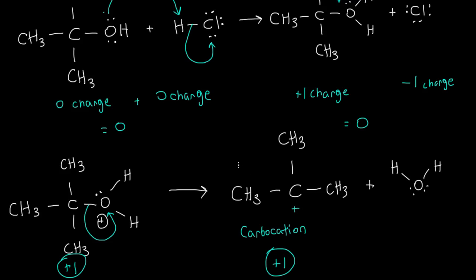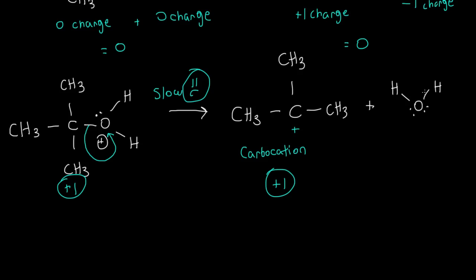Now this step is going to be the slowest step, and that's why we're going to call it a rate-determining step. So we're going to write slow. It's going to take its time because it's going to rip itself apart. It's just the bond here, the electrons are going to the oxygen, and it's just slowly ripping itself apart. Now we see, what do we have here? We have water, and we don't need to worry about the water right now. We really want to focus on this carbocation because now we have a positive charge open up over here,